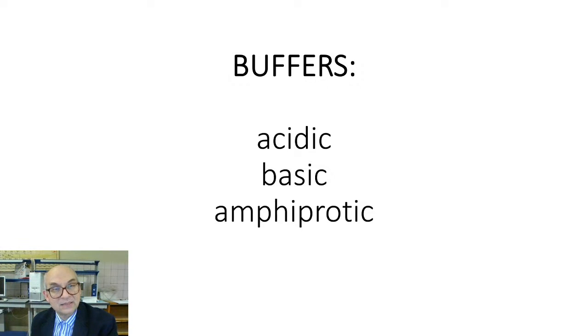The cation of this base will result from the dissociation of an appropriate salt. And a typical example of a basic buffer is the ammonium buffer. An ammonium buffer is an aqueous solution of NH3 in water plus an appropriate own salt. For example, ammonium chloride, ammonium sulfate, ammonium nitrate,